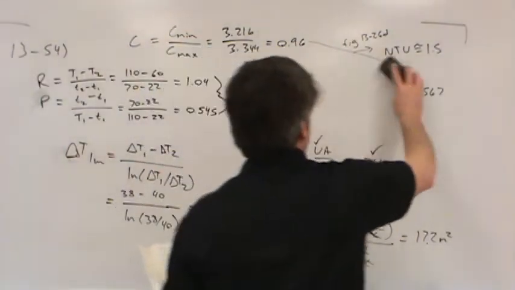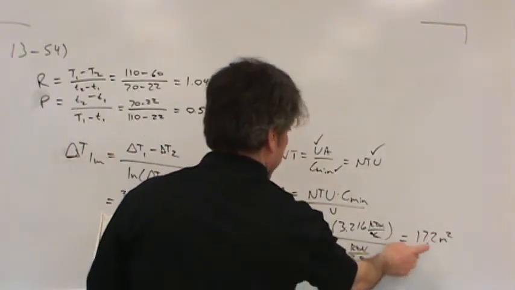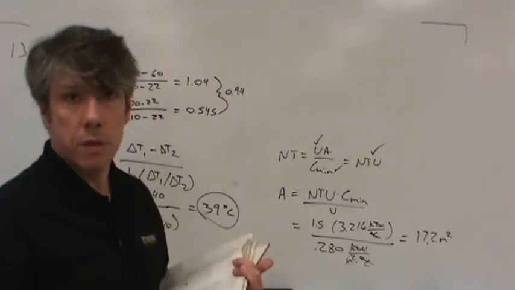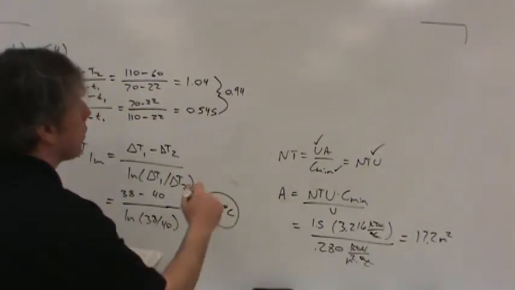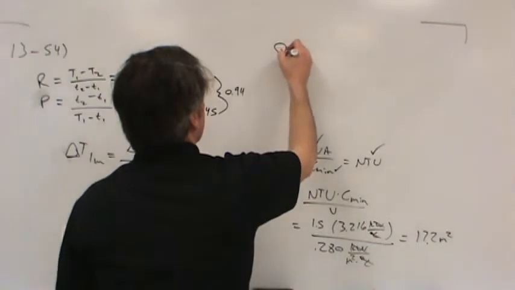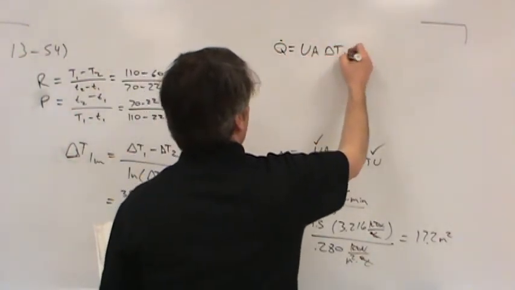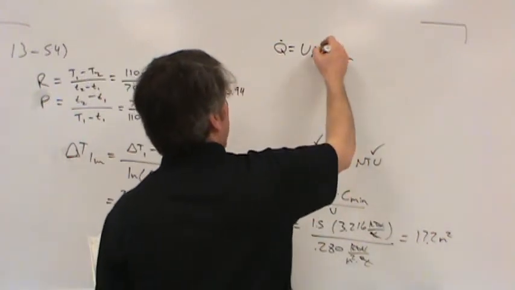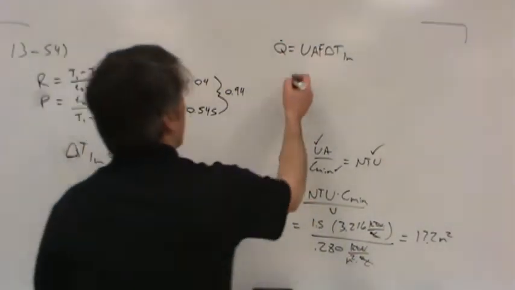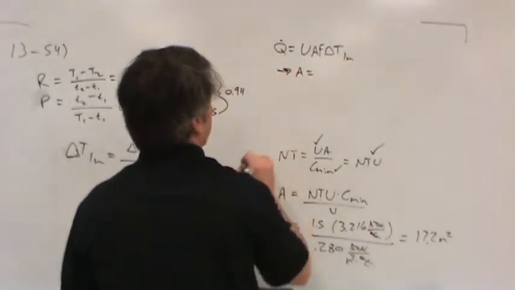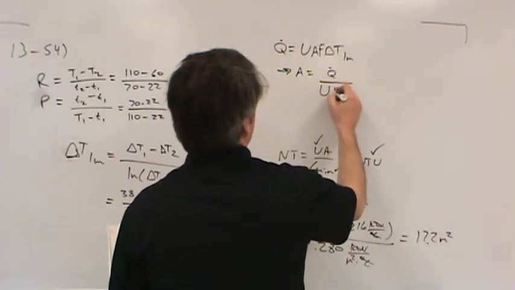Now let's see, let me get rid of some of this and we'll be able to compare. I really wanted to compare the area we got from the effectiveness number of transfer units method to the area we got for the log mean temperature difference method. That's why I wanted to go through this again. So basically, Q dot will be equal to UA delta T log mean, but as I said, this is not quite right, because we need to put that correction factor F in there. So if we rearrange and solve for the area, that would be Q dot divided by U F